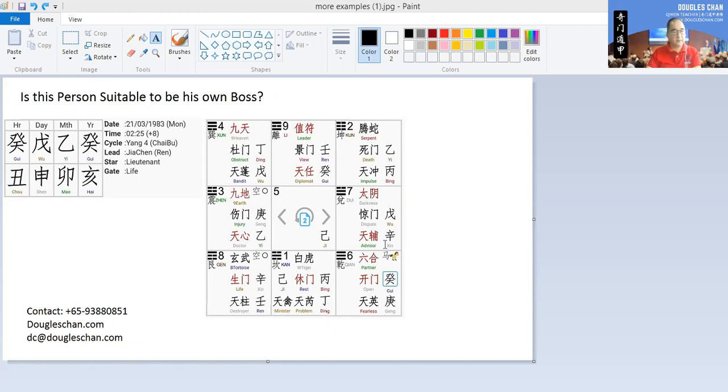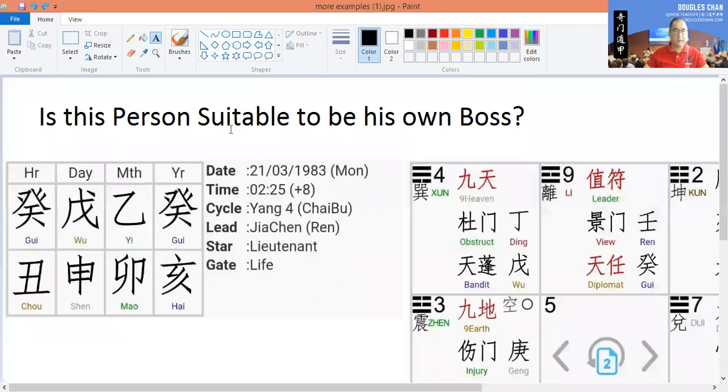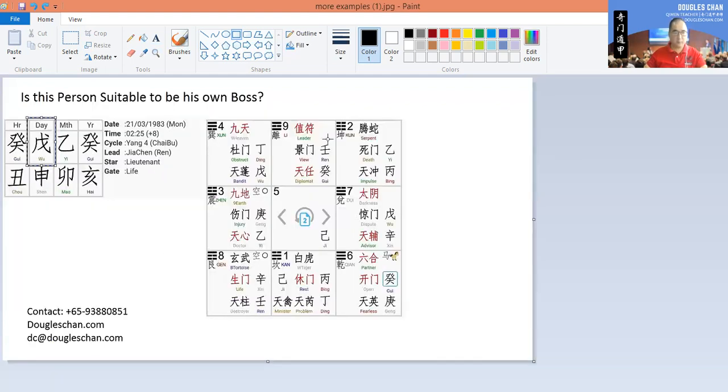In this aspect, first of all, we will take into consideration the character of the person. So let us zoom in and see his character. In order to see a person's character, we have to take reference from something called the day stamp. This is the day stamp itself. See this particular symbol, which is pronounced as U. This U represents the person's representation, a symbol whereby we have to take reference in all the boxes, the 9 boxes over here.